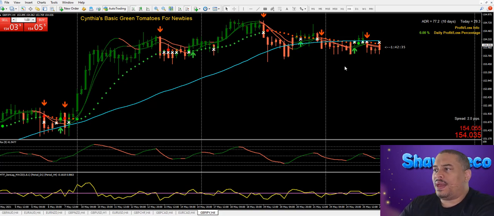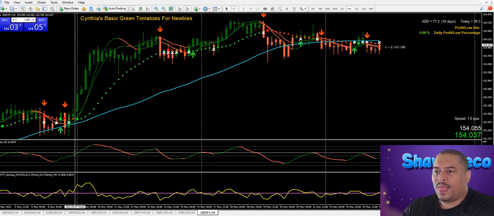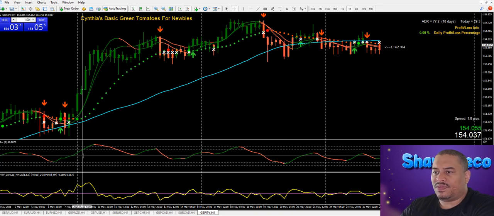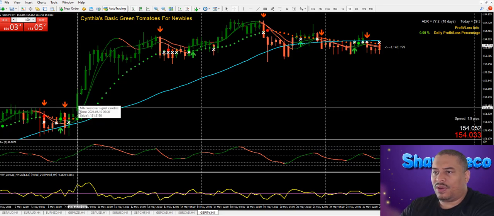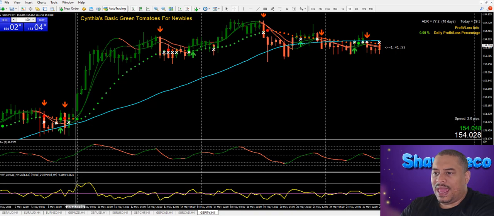But for example, let's go back. So we're in this week, the week before. This one all started. So as you see, it's cutting through the candles right here, right? And then boom. A lot of times you want to line up the double green lines right here, right? You got the green parabolic SAR, 50 moving average, and we're in a position that we're about to go up, right? If you look right here, if you study her videos and her PDF, right? You don't even want to get in the trade until you cross over this 50 line right here in the RSI. Once you cross over to 50 with green, green, green, double green lines,